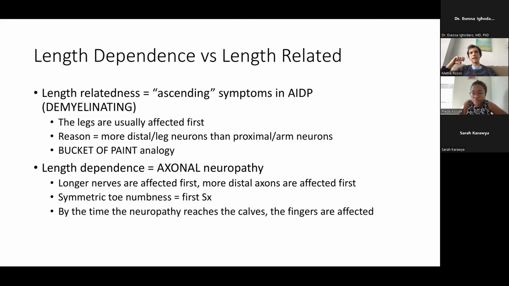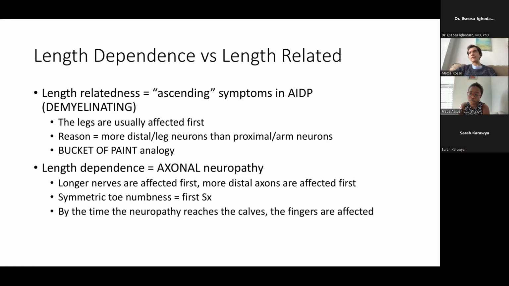So that's it for axonal neuropathies. Now, the confusing thing, at least for me at some point, is that we also say that AIDP is ascending. That's an ascending weakness, but that doesn't mean that it follows the same order, right? Patients may present originally with some numbness or tingling of the fingers, and then usually they start having weakness, which is more at the level of the girdles. It may be the hip girdle first, because it's a polyradicular neuropathy, so it affects those muscles too.